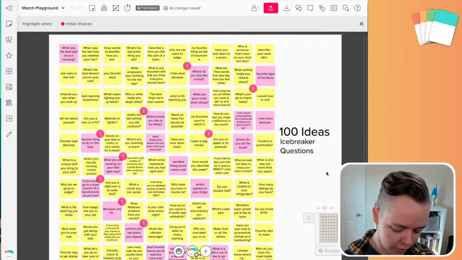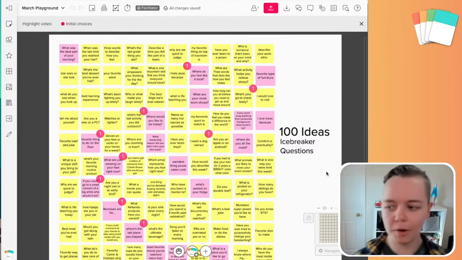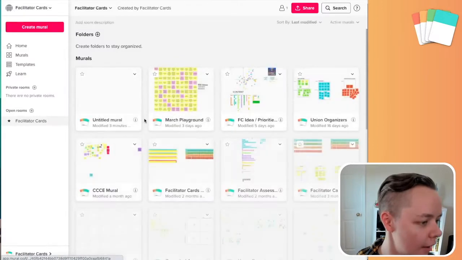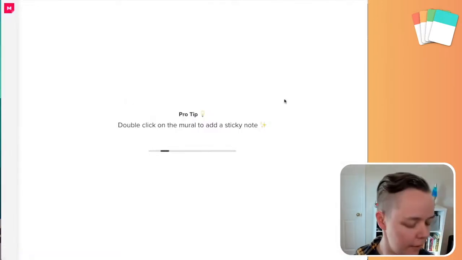Okay, so let's look at a couple other ways to use Mural. One way is kind of hacky, but I've tried it and it actually worked pretty well. If you are somebody who has spent time in in-person workshops, then you have probably had to do a strongly agree over here, strongly disagree over here. I'm going to read a statement as a facilitator, and I want you to move according to where you see,